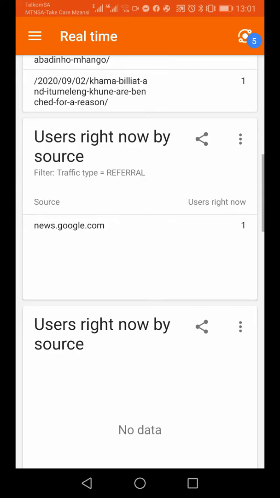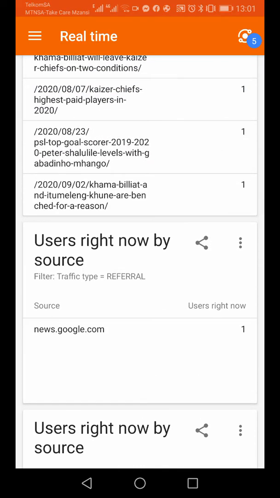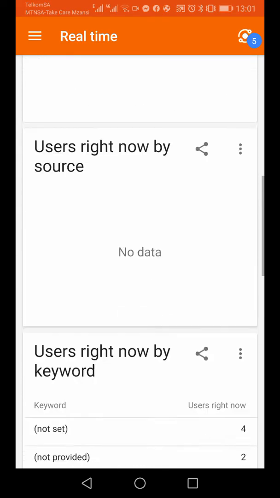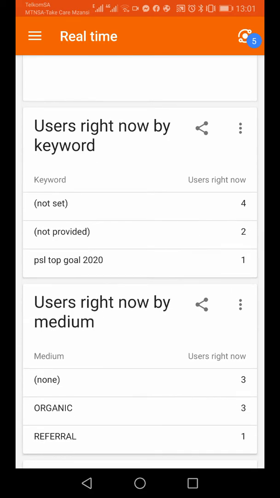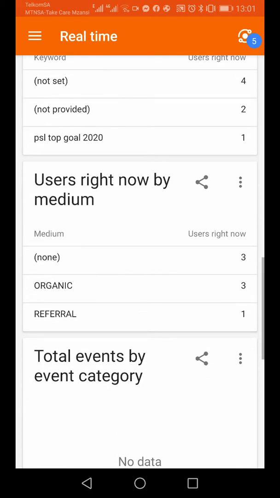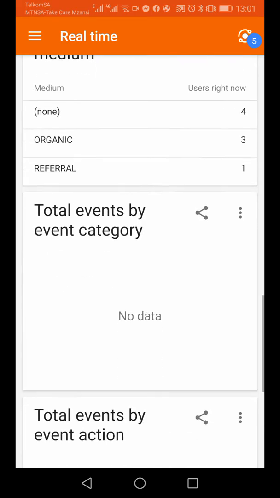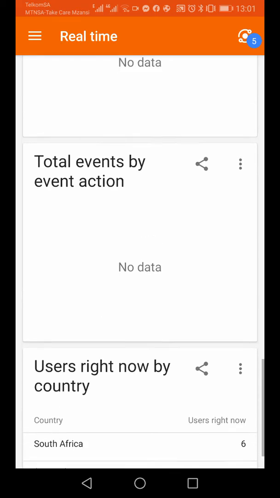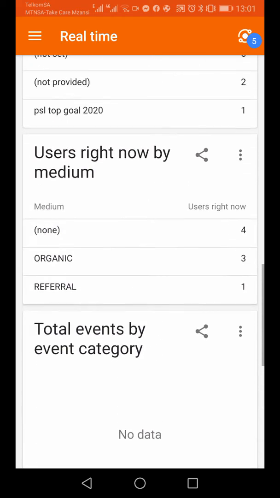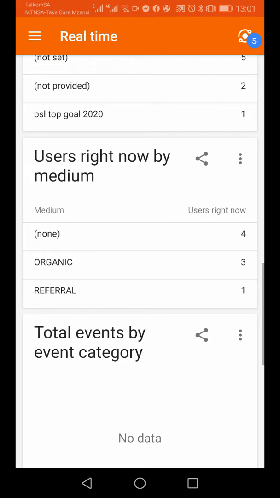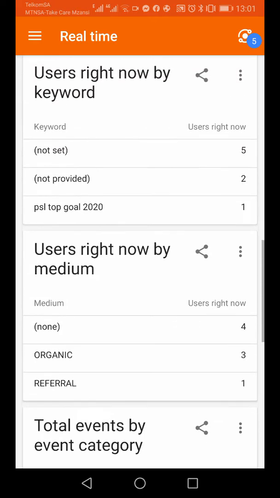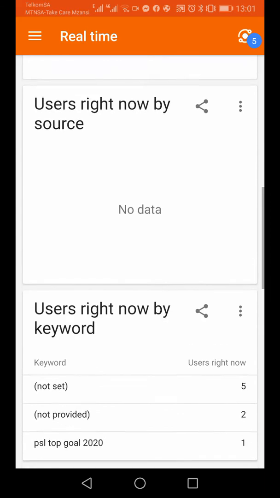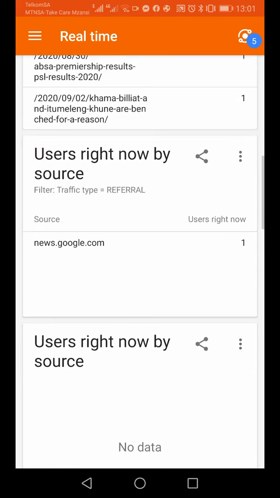that person has gone. So if we're on the computer, we're going to be able to click on each and every link, then you see where that person came from. So you can see organic referrals, and also if you scroll down here, you can see the countries which are visiting. Then let me see, click on referrals. It's unclickable on the phone, but on the computer you can click and see which page this person is on.